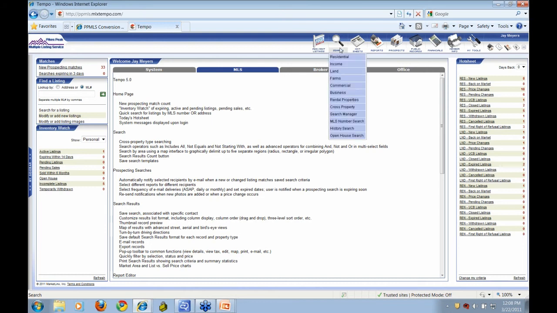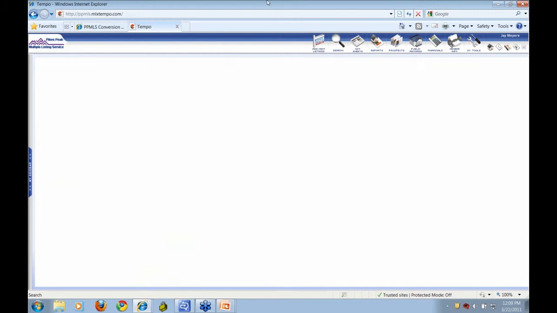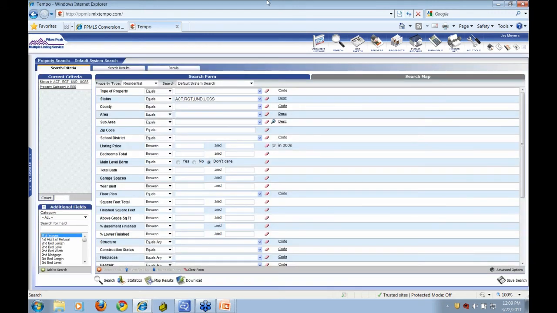So we're going to start from our search, and that's the way that you do it in the Tempo 4 system anyway. You go to your search, and you search for your comparable properties. Basically, you're looking for like-minded properties similar to your subject property. If we're doing a seller CMA, we're trying to find properties that a buyer would like, that would be similar to the subject property that you're working with. So we're going to go ahead and get the hard stuff out of the way first.